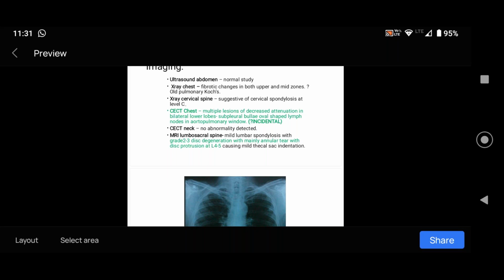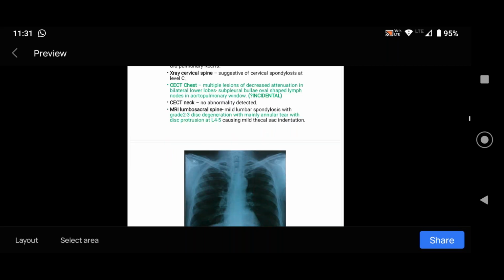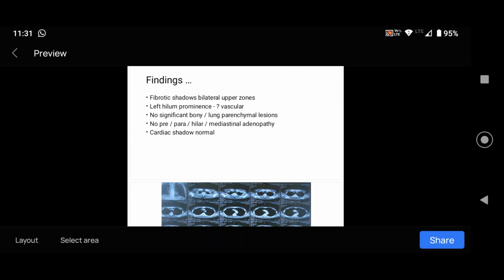Yes, ma'am. The CT neck had no abnormalities. The MRI lumbosacral spine showed mild lumbar spondylosis with a grade 2 or 3 disc degeneration, with mainly annular tear and disc protrusion at the level of L4, L5, causing mild thecal sac indentation. So the findings of